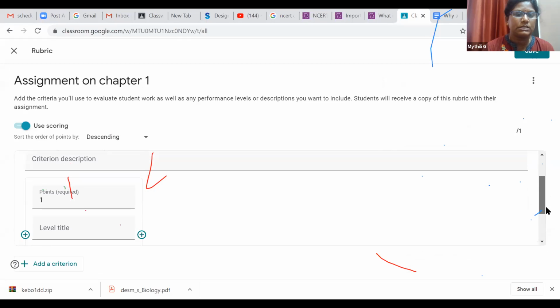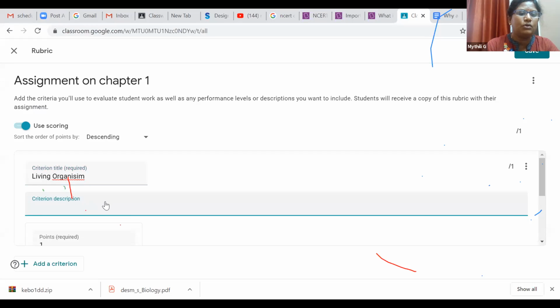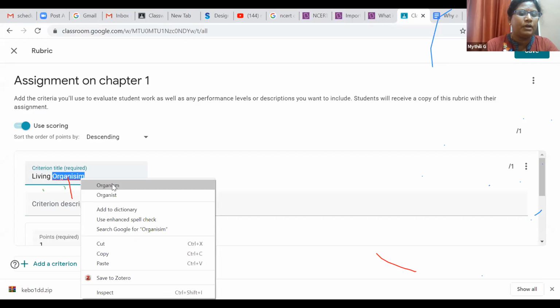So this criteria is available here. You can add more criteria if you want. So right now I will give the criteria requirement. For example, this is on... okay. So now I will write it here.